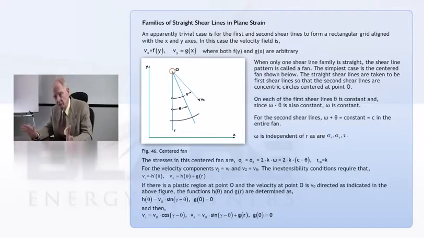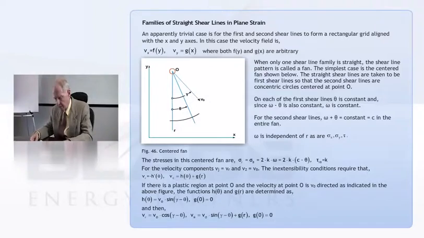For the second shear lines, now to go from one to the other, the orthogonal set will obviously be circles. And as I go from one to the other, theta changes, and omega plus theta is constant on the circular lines. So as I go along from straight line to straight line, the change in omega is equal to minus the change in theta. And that's a centered fan. And the stresses